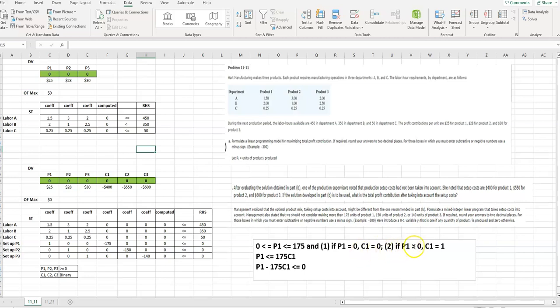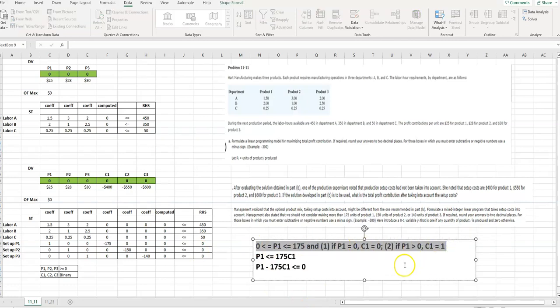But if P2 is greater than 0, meaning I make some of product 1, then C1 has to be equal to 1. That way I pick up the cost of the setup of the machinery to make product 1. So this little algebra setup here, just make sure you think through that one carefully,